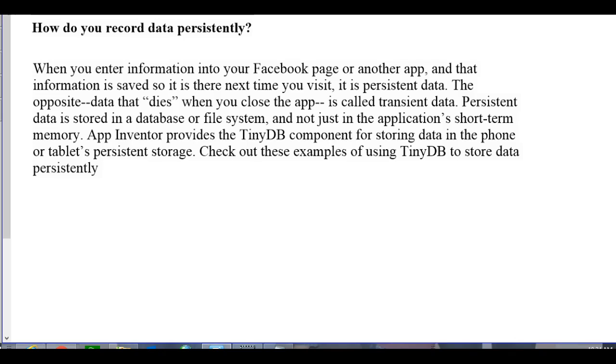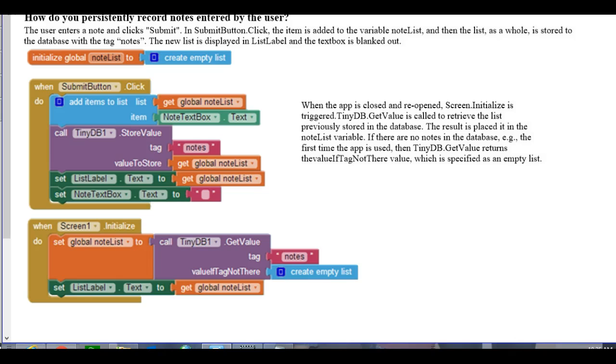So for you guys, if you're running Knox, it'll get stored on your computer. If you're running it on an Android app, it'll get stored inside the phone. So essentially, we're putting information and storing it permanently inside of a file that's on the phone. In order to make that happen, we're going to put the entire list